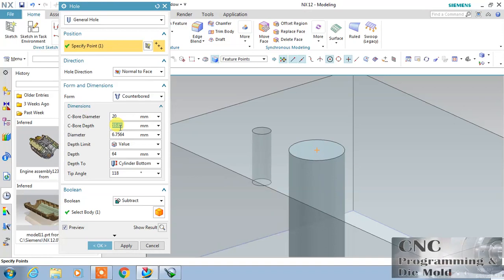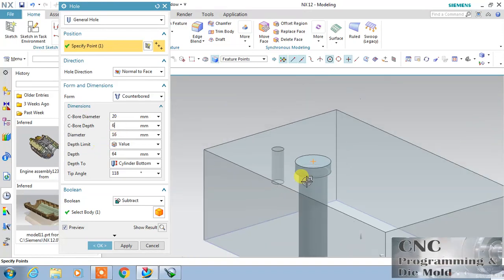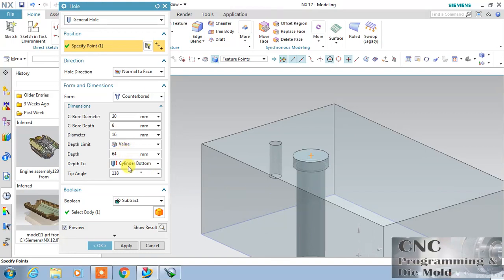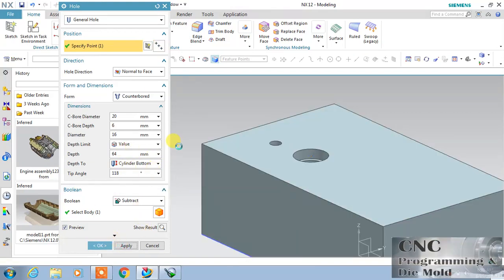Counter bore depth, let's change it to 6, and the lower diameter, suppose it is 16, so lower diameter will change, and the rest is height and the angle. And if you are satisfied with this, just click apply. This is the hole.